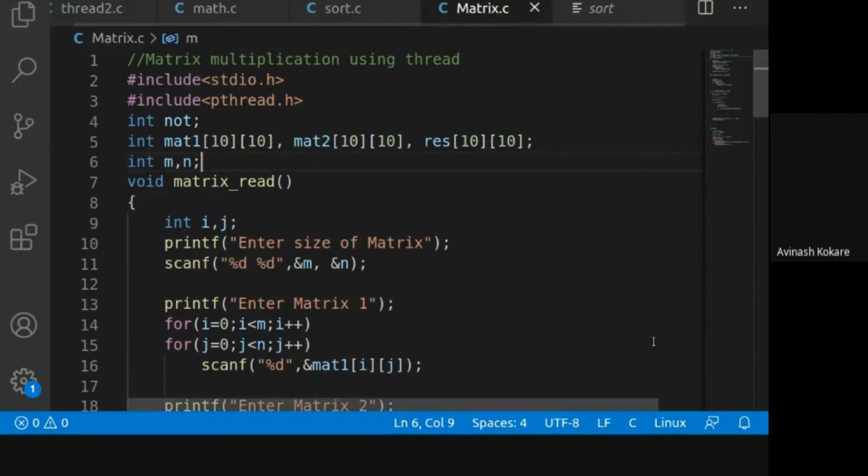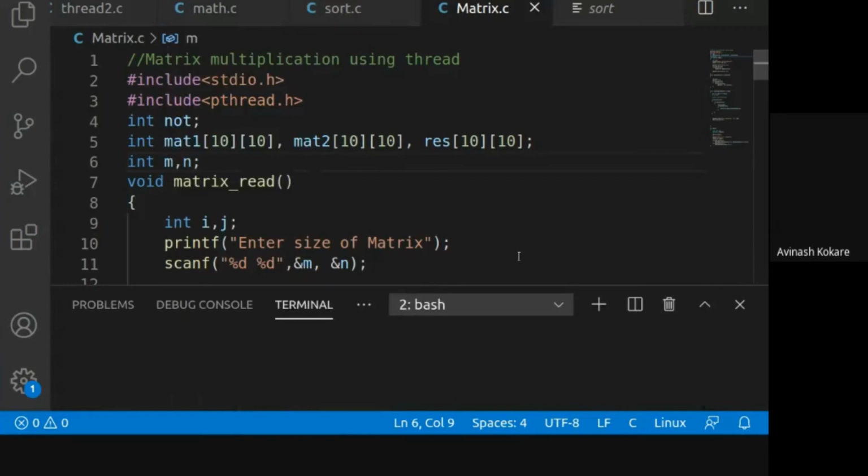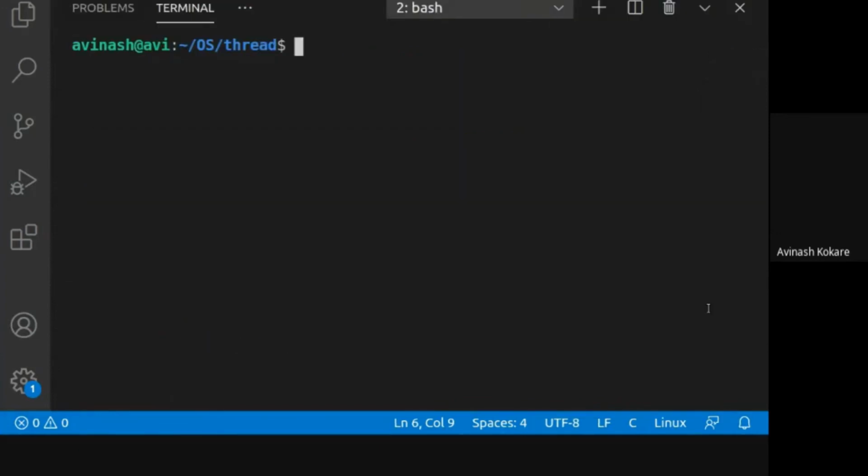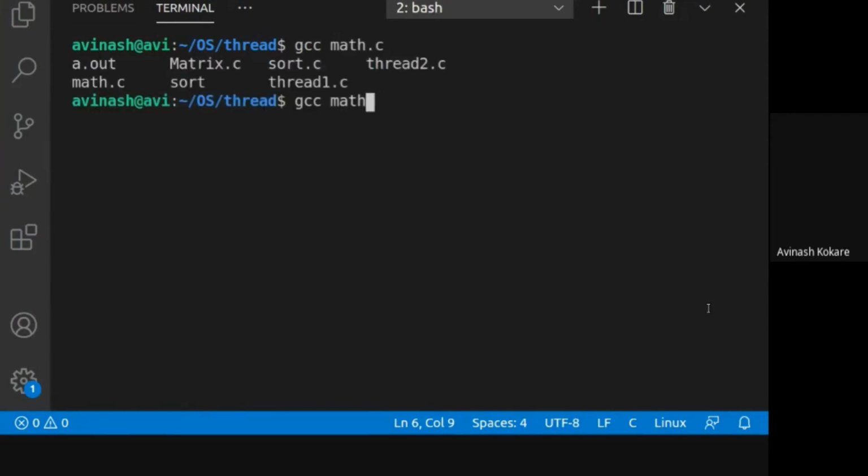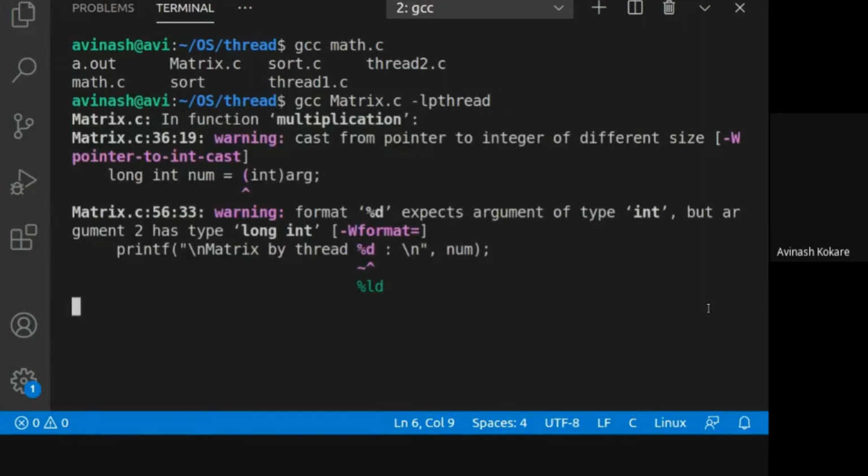Let us check by opening a new terminal and typing the compilation command gcc. What name had I given to this file? matrix.c and -lpthread. Don't forget to add the library at the end, otherwise your program will not execute. It is still showing a warning about unsigned long int.